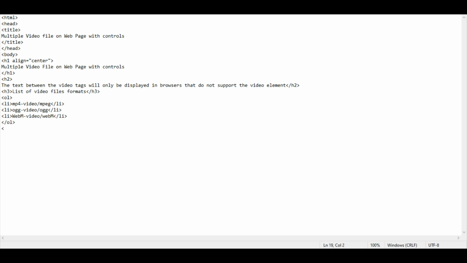But before that, we'll need to add our video controls, with our width for our videos as given in the question, 100 by 100 pixels. Height will be 100 as well.